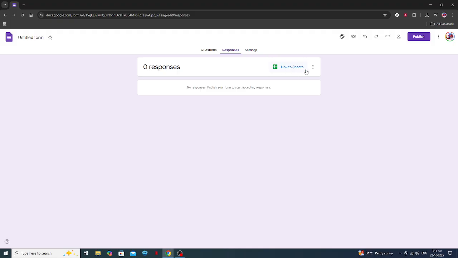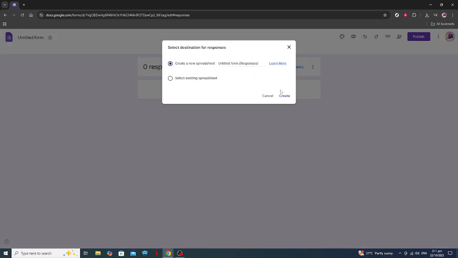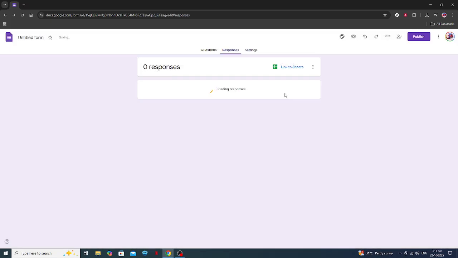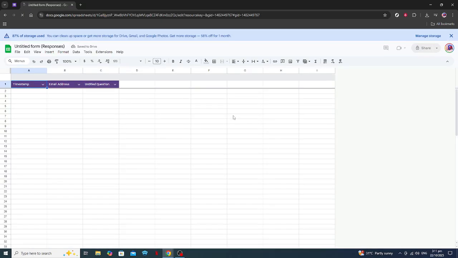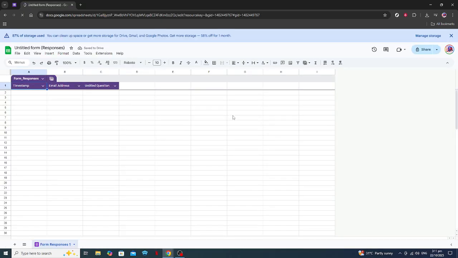Now, here's where the magic happens. Above the Responses section, you'll notice a small green Sheets icon. This icon plays a crucial role. It connects your Google form directly with Google Sheets. Go ahead and click on that icon. If you click it for the first time after creating your form, Google will prompt you to create a new spreadsheet. Confirm this by selecting Create a new spreadsheet and then hit Create. This action will automatically set up a brand new Google Sheet that is perfectly linked to your form, ensuring that every bit of data collected from now on is automatically updated in the sheet, providing you with real-time data analysis